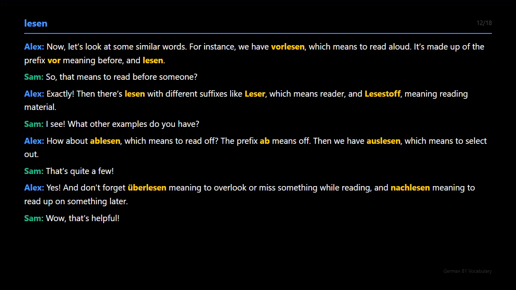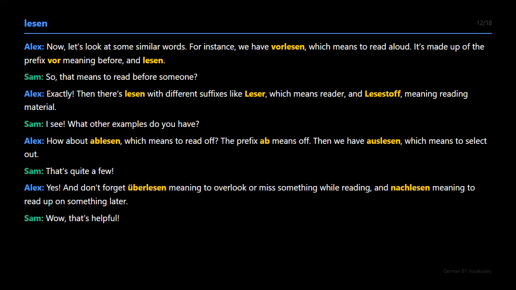Exactly. Then there's lesen with different suffixes like Leser, which means reader, and Lesestoff, meaning reading material. I see. What other examples do you have? How about